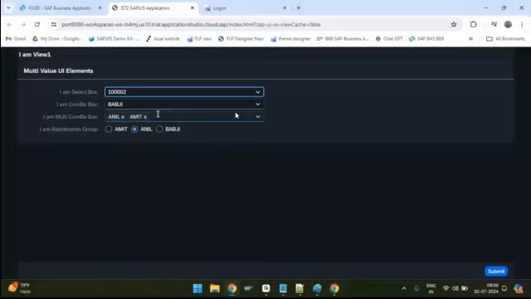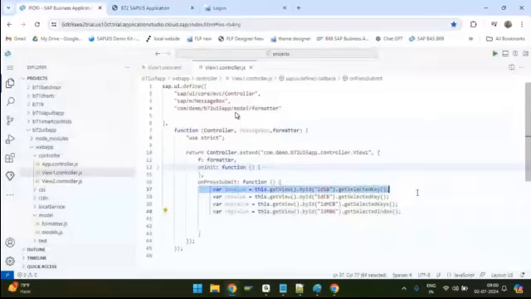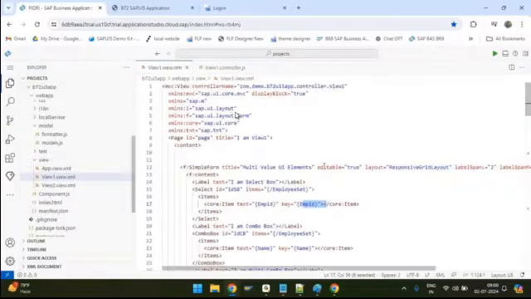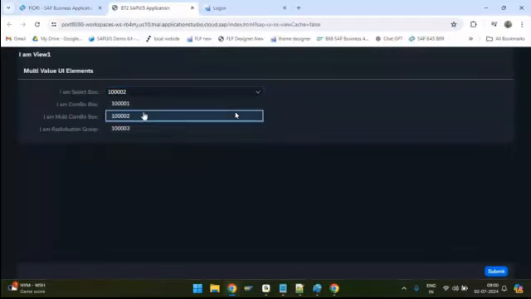So how can I read the value immediately upon selection? So I selected 100002. Now immediately I want to read what value the end user has selected. So this is another scenario to read the values immediately. So how to do this? The code will not change. The code will be the same, to read the value from these multi-value UI elements. But what we do is